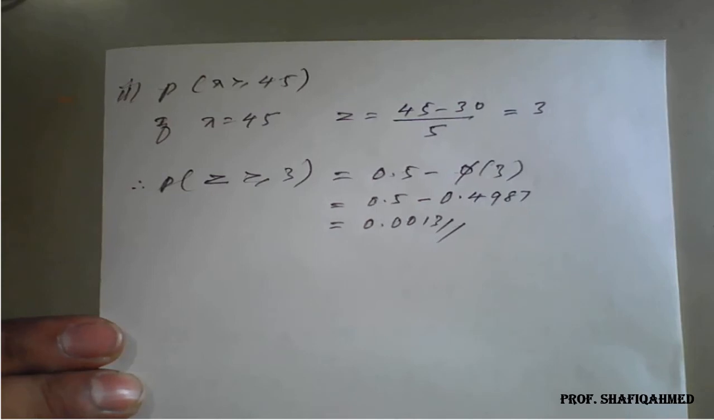So in this way we have to solve problems with the given mean and standard deviation. We have to convert the x value in terms of z by using the formula z is equal to (x minus mu) upon standard deviation, which is nothing but a standard normal variate. The next example is